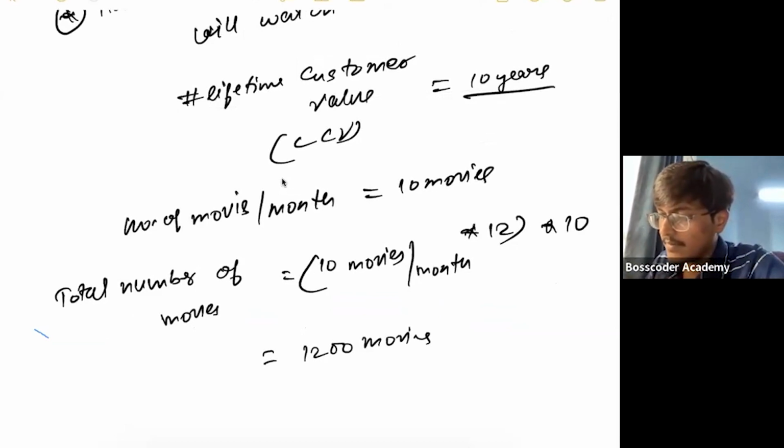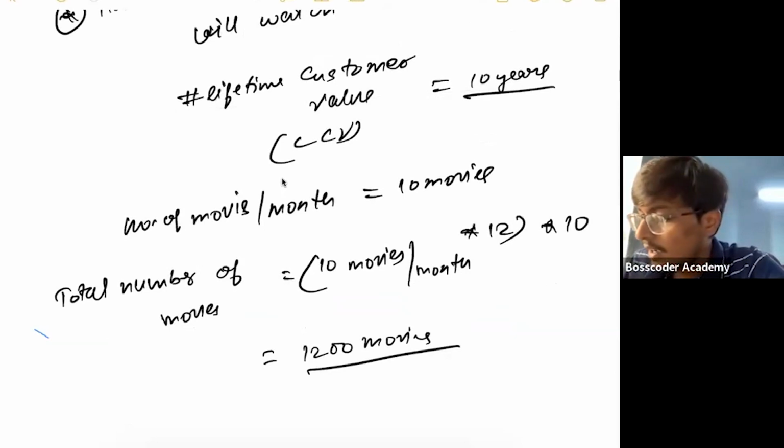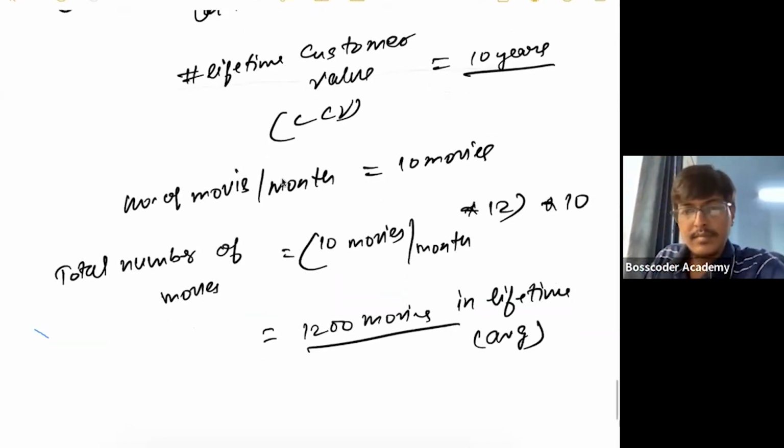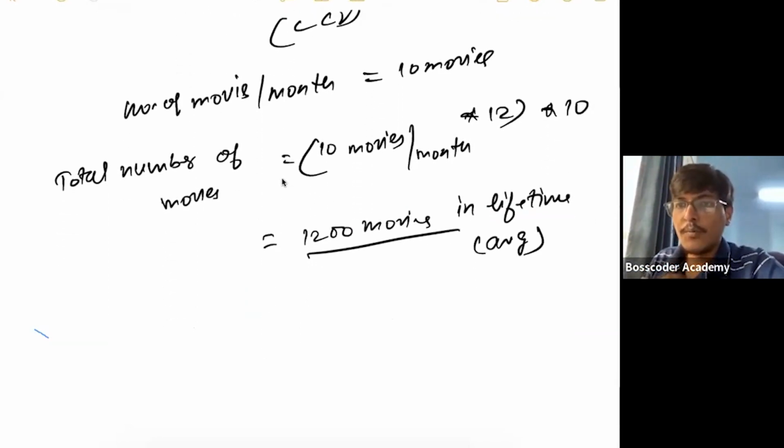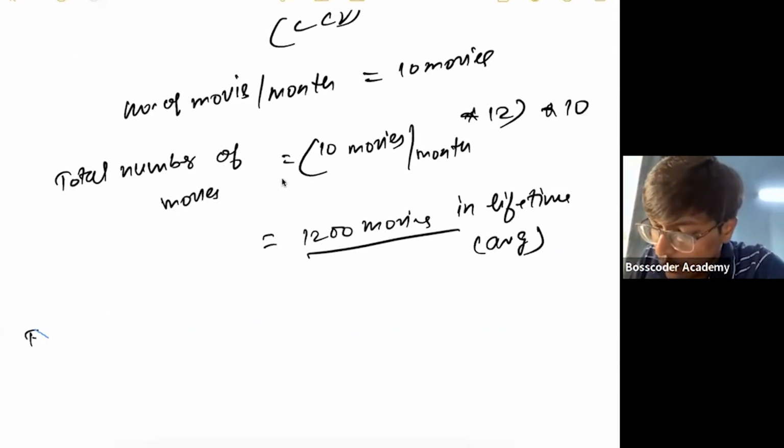Did I miss something? Yeah, 1200 movies, right? In lifetime, on an average. Okay. So now this is how many movies people are watching. Then for a single user,